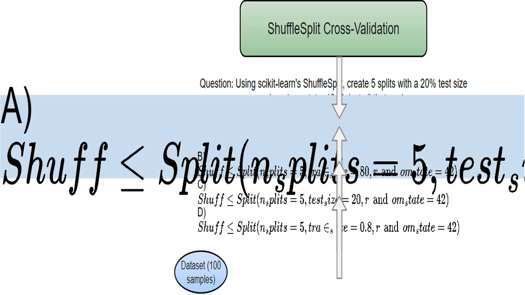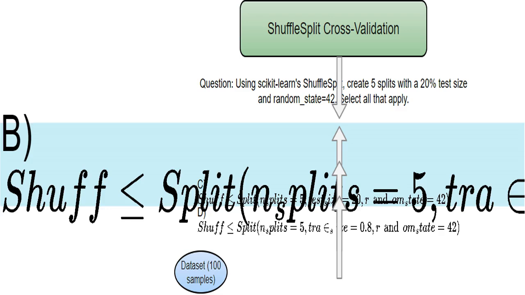This option says, make 5 splits, n_splits equals 5, each time keeping 20% of the data for testing, test_size equals 0.2, and using a random seed of 42, random_state equals 42, to ensure consistent results. This is a perfectly acceptable and common way to set up